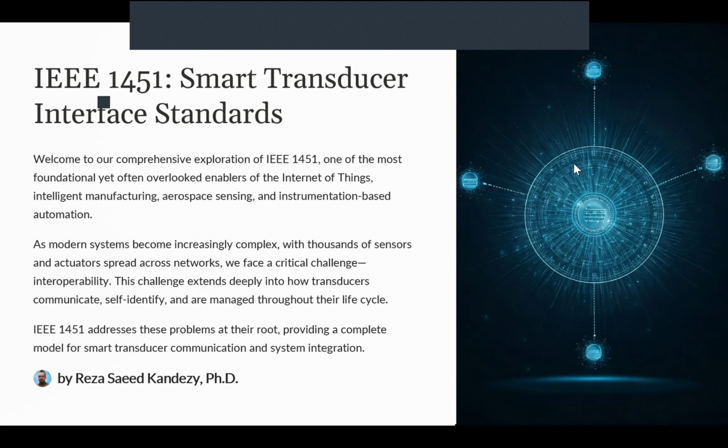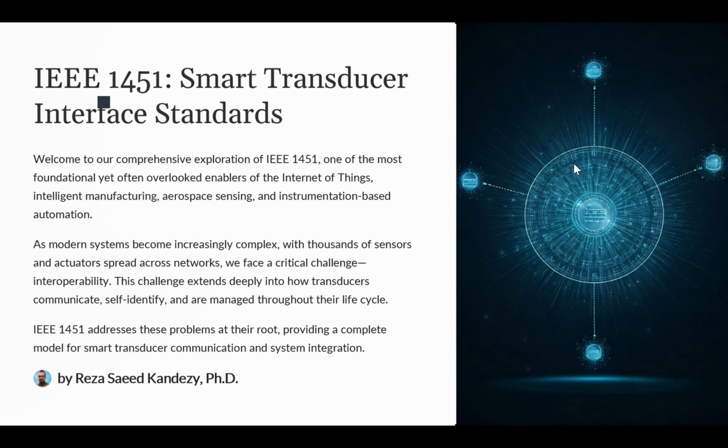Okay, today we are going to discuss the standard IEEE 1451. These standards cover the smart transducer interface standards. It's a family of standards. It's not just one standard. And basically by this standard,